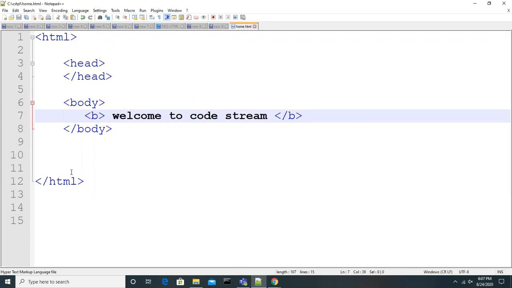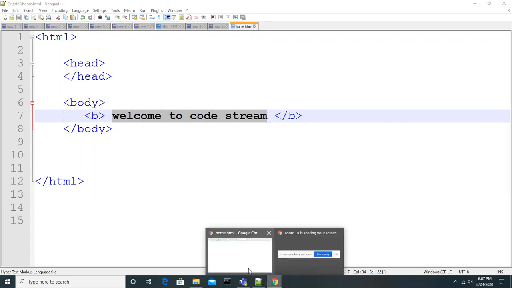You can know the whole list of HTML tags by searching. What I did is I just changed it. Instead of keeping it normally, I kept this information within the B tag. The moment I keep it within the B tag and look at it, the text got into bold status. It was represented in a bold manner.